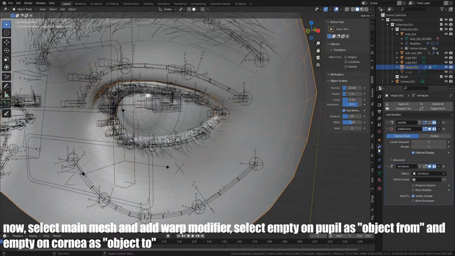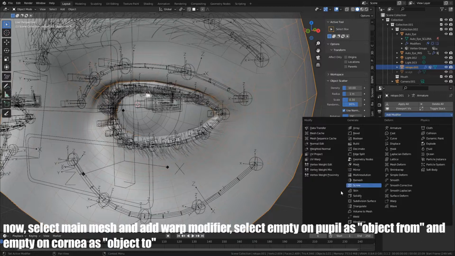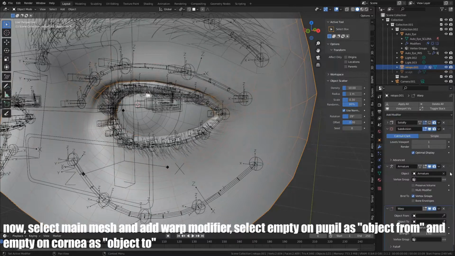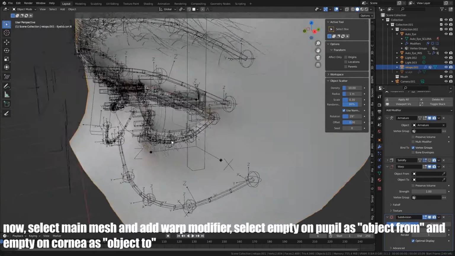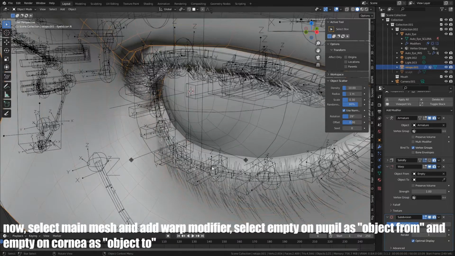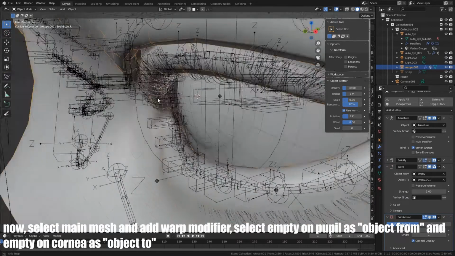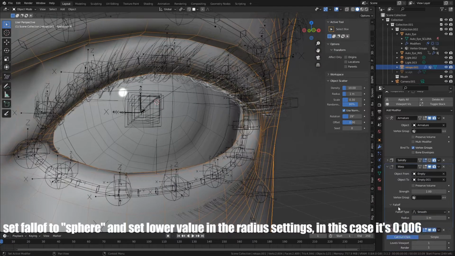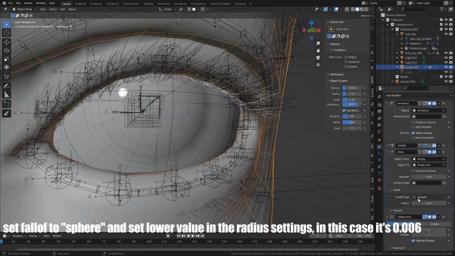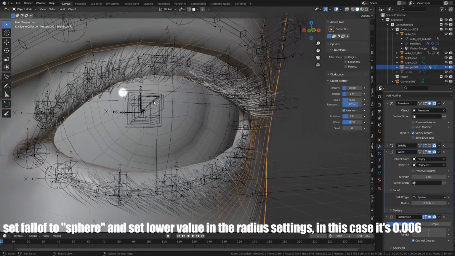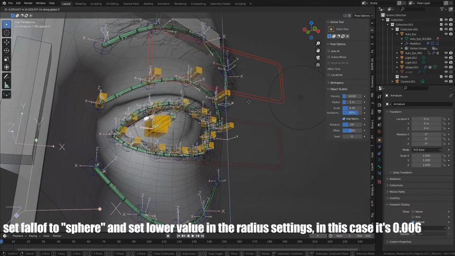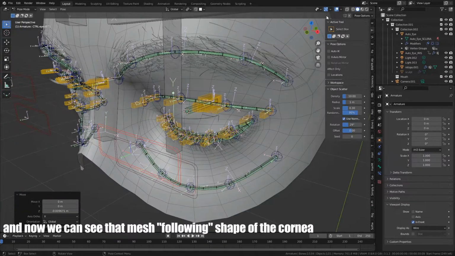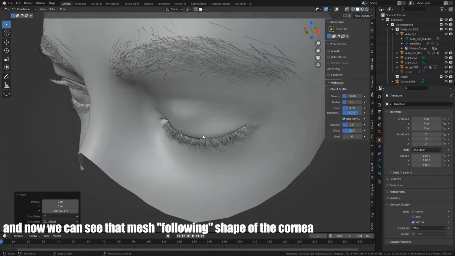Now select main mesh and add Warp Modifier. Select empty on pupil as object from and empty on cornea as object to. Set Falloff to Sphere and set lower value in the radius settings, in this case it's 0.006. And now we can see that mesh is following shape of the cornea.